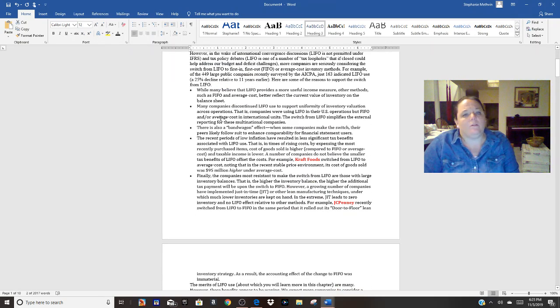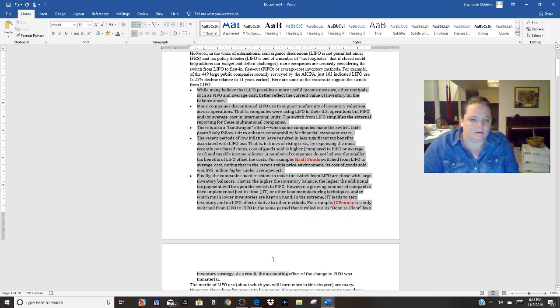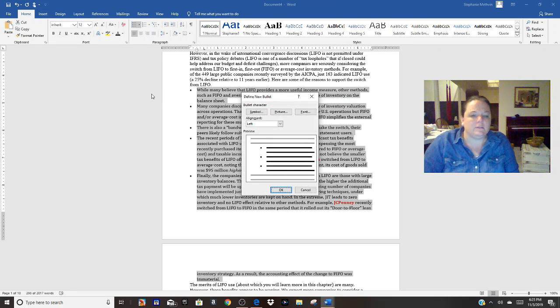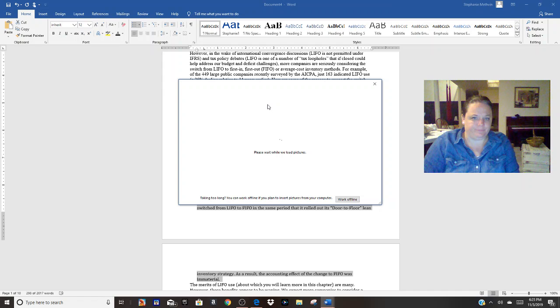Now, here are some bullets. I think what I'm going to do here is define a new bullet for these things. So right here, I'm going to define a new bullet. I'm going to use a picture. I'm going to use a delivery truck since all this is talking about FIFO and LIFO, last in, first out, or first in, first out, meaning when did the inventory arrive.